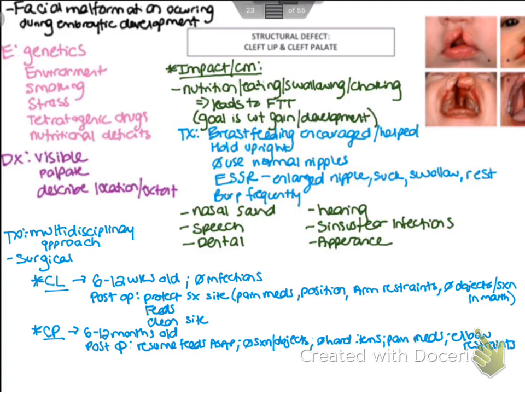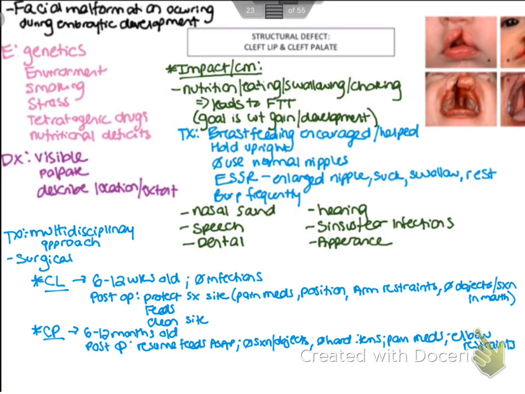So what do we do to feed them? They use a special nipple. We don't want them to suck really hard because, again, that's why they have that enlarged hole. We don't want them to work too hard. You want the formula to basically fall in their mouth. They can do a little bit of a suck, but basically it's going to fall into their mouth. That's why we want to position them. Feeding becomes a whole chore. It's not just stick it in and go.